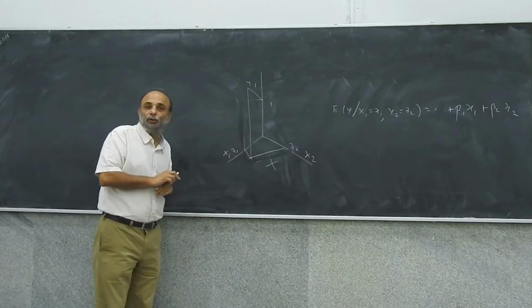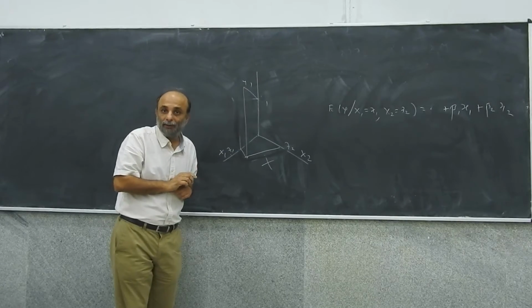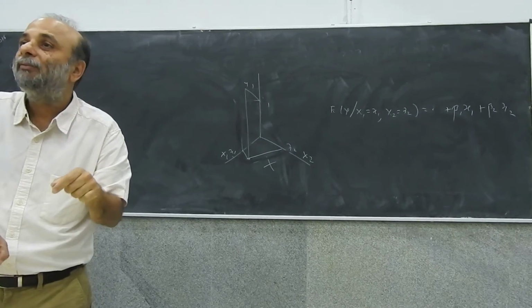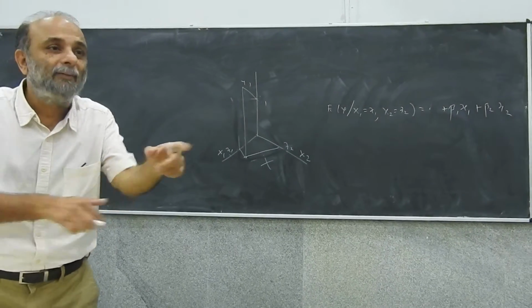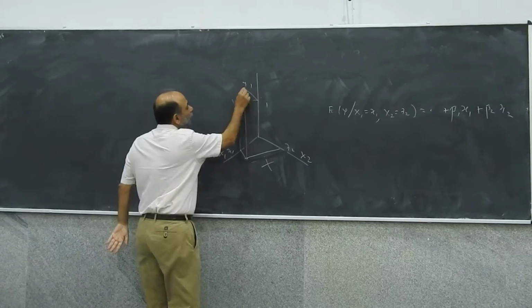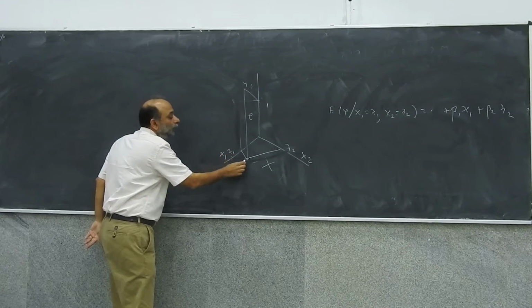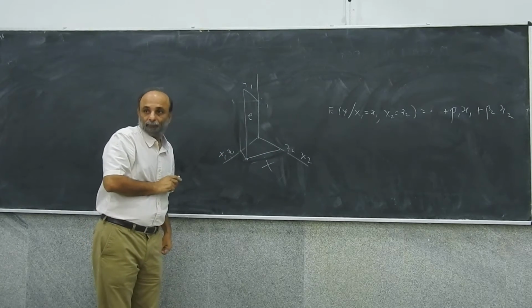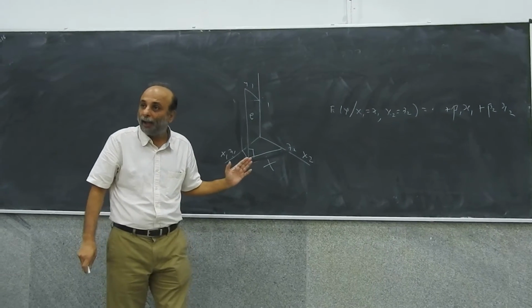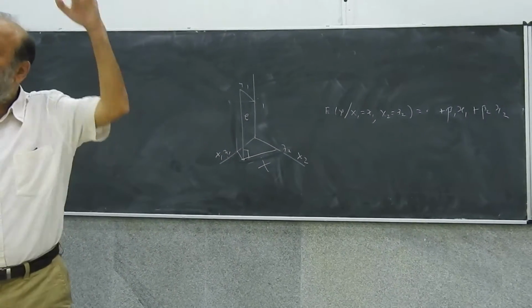How will you find such a point closest to y1? By dropping a perpendicular from y1 to the x plane. That will be the point on the x plane which is the closest to y1. And that point obviously will have some representation in terms of beta 1 x1 plus beta 2 x2, the two axes. So we are looking at this E, which is perpendicular to the x plane. Now what is E? E is really the difference between y and the x plane.